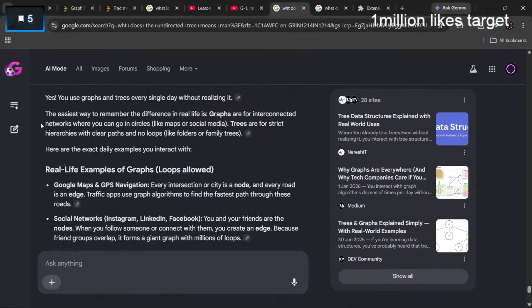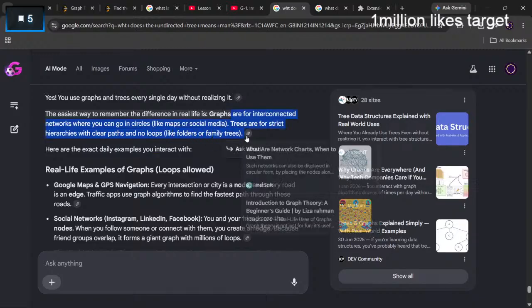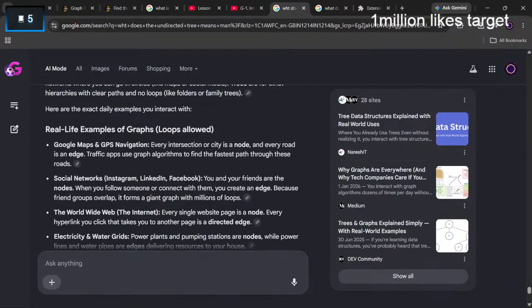Easiest way to remember the difference: a graph is an interconnected network, you can go in circles, like maps or social media. Hierarchies have clear paths, no loops, like folders or a family tree. But family tree is an example of tree, I know that. And here are exactly the daily examples you interact with. Google Maps navigation uses nodes. Every node has an edge. Traffic apps use